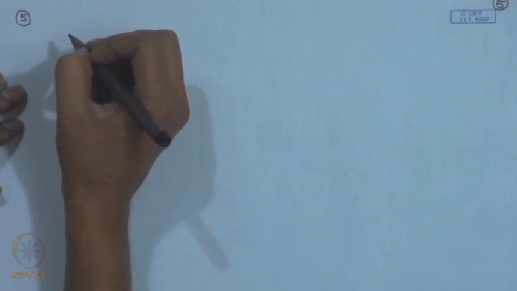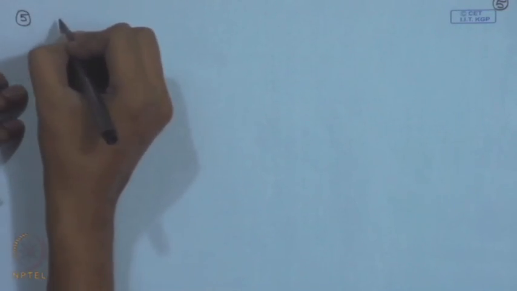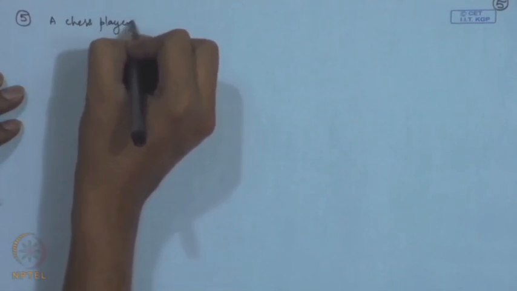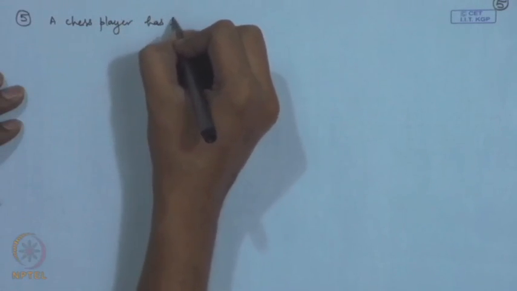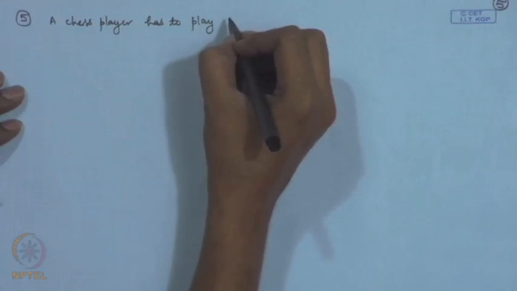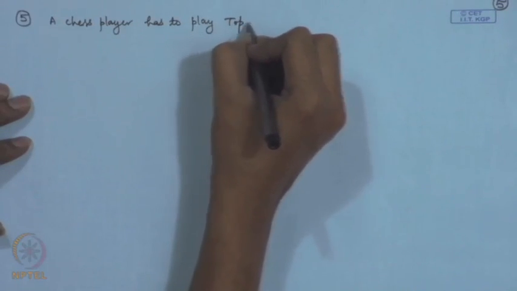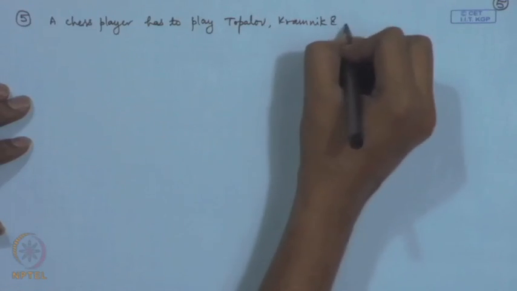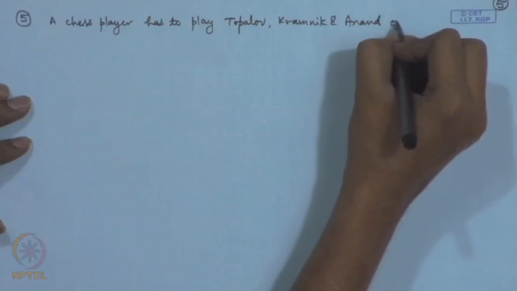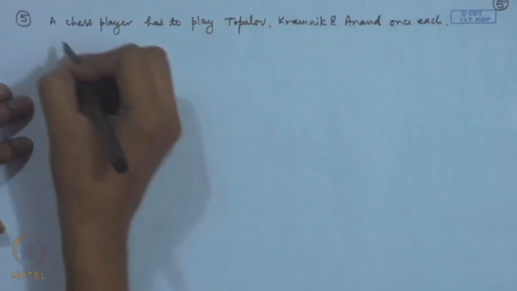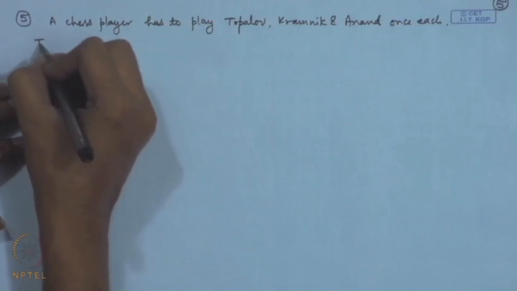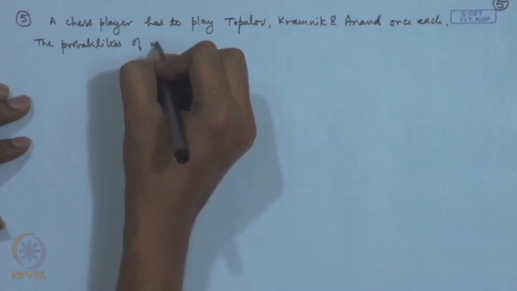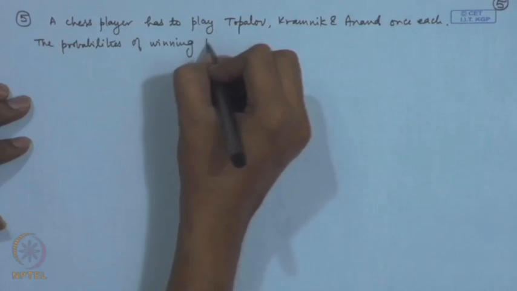Let me give one more application. Suppose there is a tournament, a chess player has to play say 3 players, and I am naming them say Topalov, Kramnik and Anand once each. The probabilities of winning the game